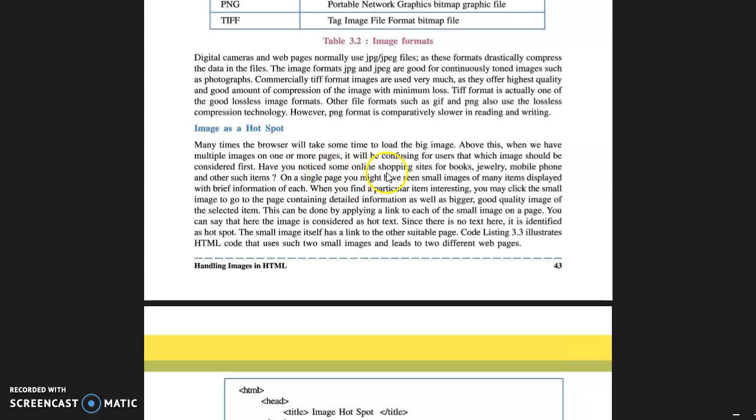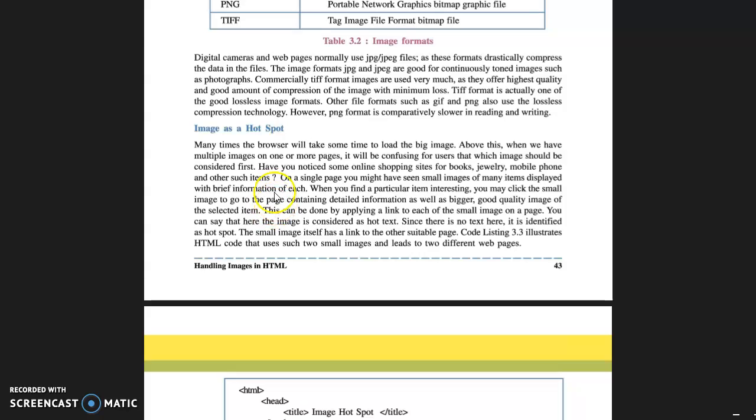Have you noticed some online shopping sites for books, jewelry, mobile phones and other such items? On a single page, you might have seen small images of many items displayed with brief information of each. When you find a particular item interesting, you may click the small image to go to the page containing detailed information as well as a bigger, good quality image of the selected item.